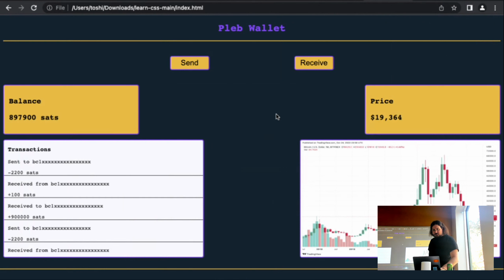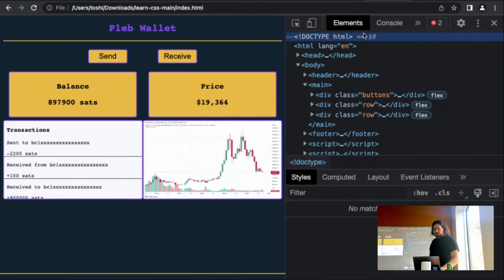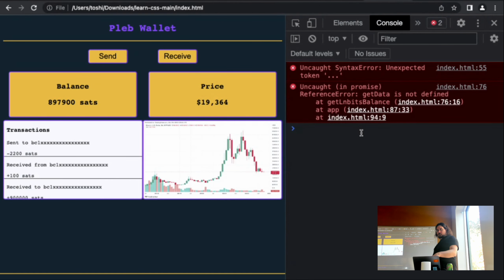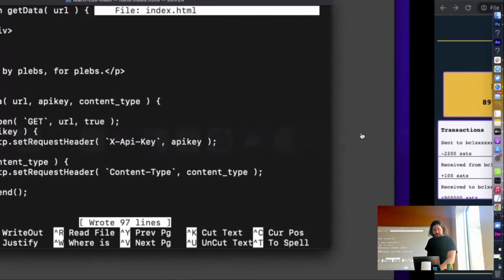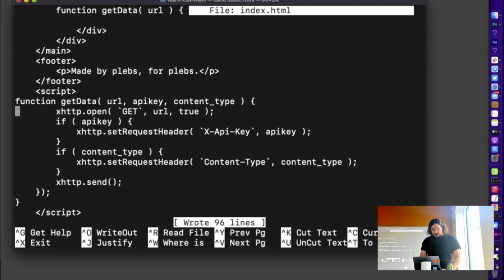And how you check your errors in JavaScript is to right-click your screen and click Inspect. Then we go to your console, where we have an unexpected token. I accidentally copy-pasted a stray character into my code right there. Just delete it, and now